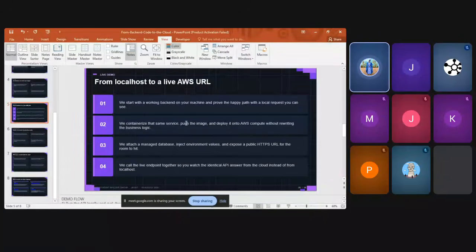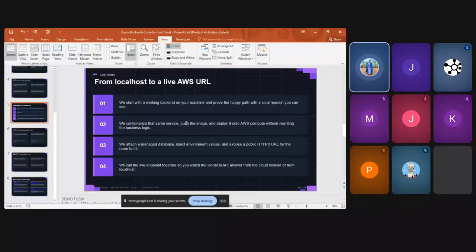So just to give a brief preview of what the demo was about: the demo was a simple API. We prove the happy path with a local request. We containerize the same service and push the image to AWS ECR, the Elastic Container Registry. From there we get a URI, and from the URI we can deploy it to ECS.